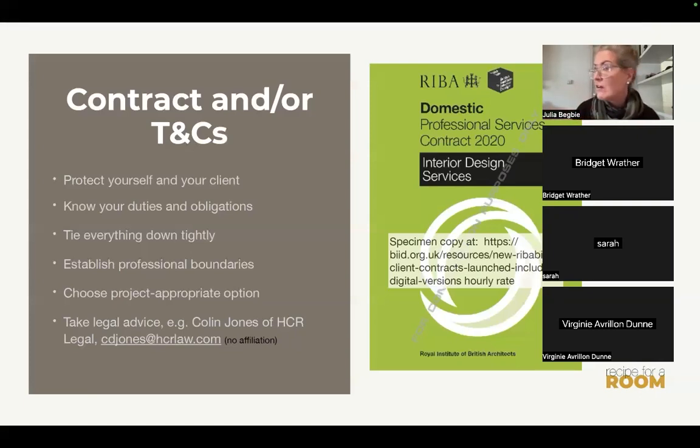Now, while I was preparing this, I spoke to a gentleman called Colin Jones. I have no affiliation with them. I'm not related to this business. But he was one of the advisors who helped on the drafting of this documentation. And his business, which is HCR, helps designers to write terms and conditions and also to make modifications to contracts and so on. And the way that they work is, if you were to get in touch with him, he